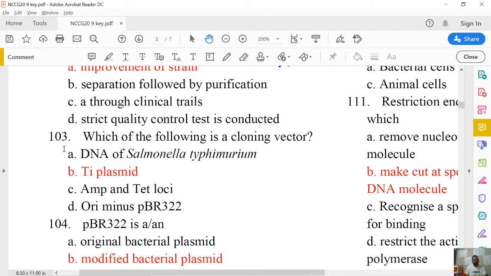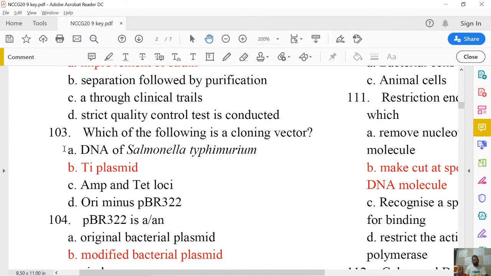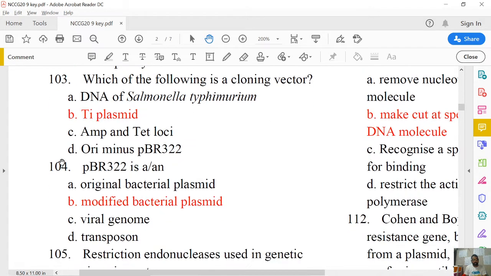Which of the following is a cloning vector? So the Ti plasmid, as we know, is a cloning vector. The remaining are not actually vectors. Here, the different things are given: pBR322